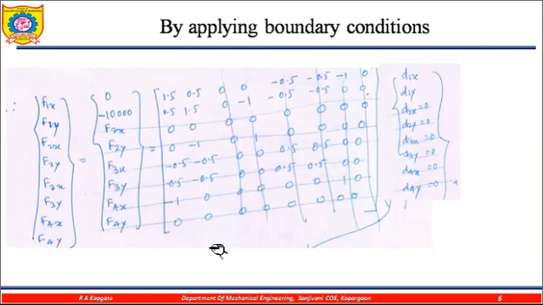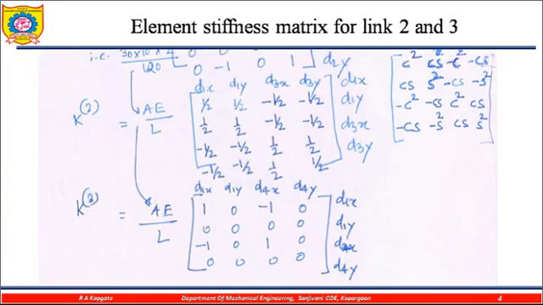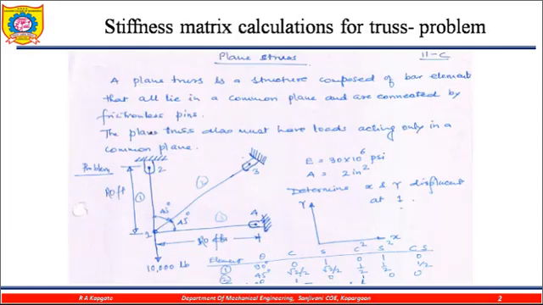Now we are imposing the boundary conditions. At the boundary condition in the y direction, the force applied is minus 10,000, while d1 is given in this problem. If we look at this problem, d1 can move in this direction or along the y direction also. Hence there is no restriction for this one, but all the others are restricted. Only this one has the possibility to move.